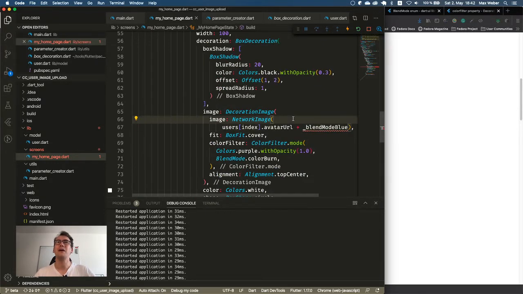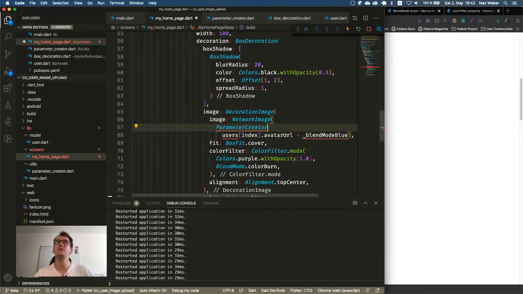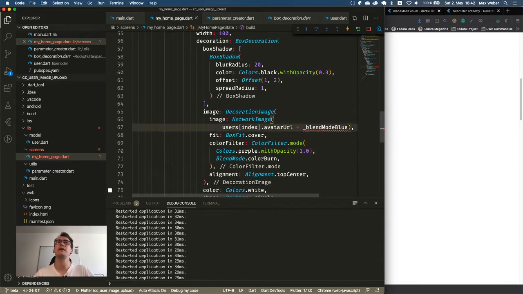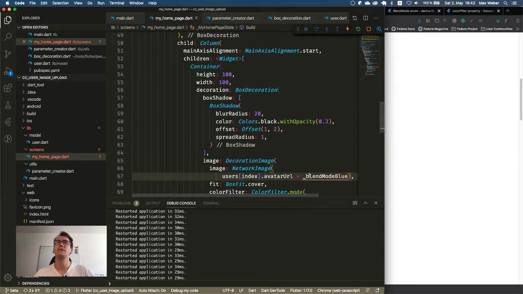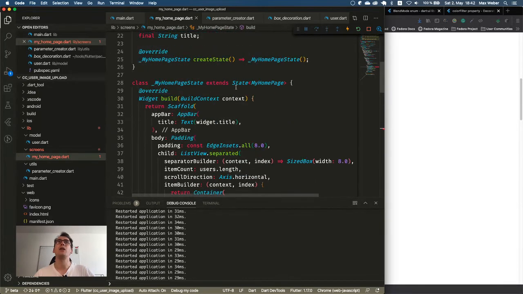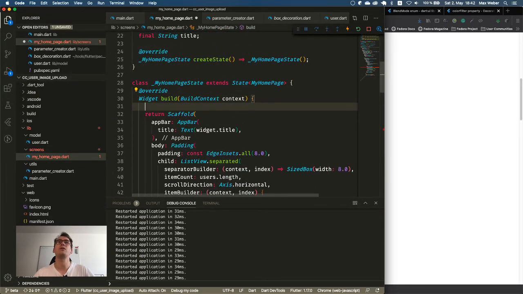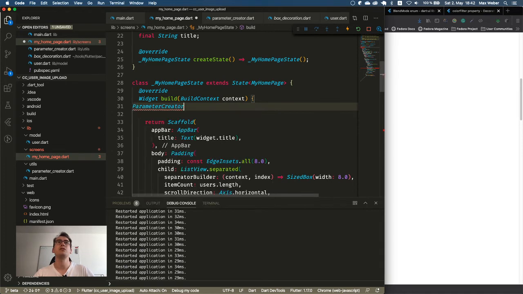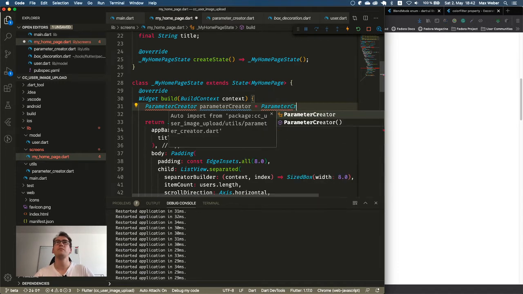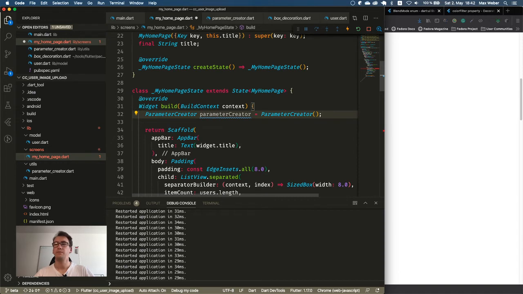So now here, we can use this parameter creator inside the different parts and add these blend modes like we want. So for now, all our images should have the same, so we don't have to worry about them so much. But what we can do is we can use the parameter creator that we create once more. And now the cool thing is we have the parameter creator here.